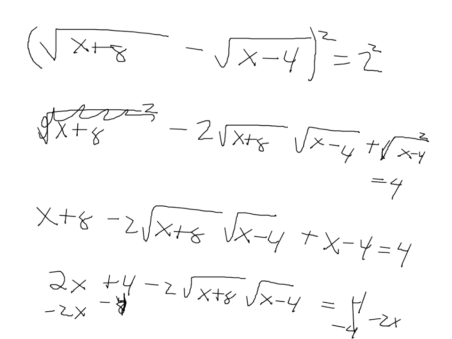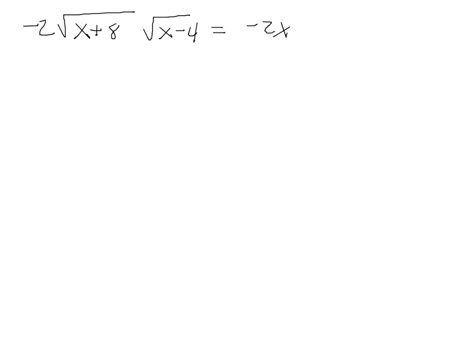And so now what I have is minus 2 times the square root of x plus 8 times x minus 4 equals minus 2x. I can divide both sides by minus 2,